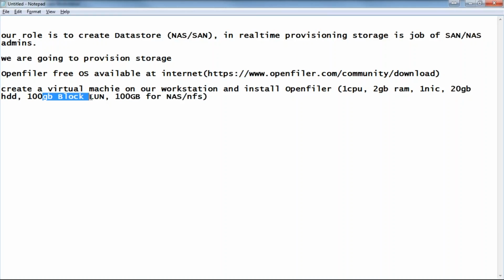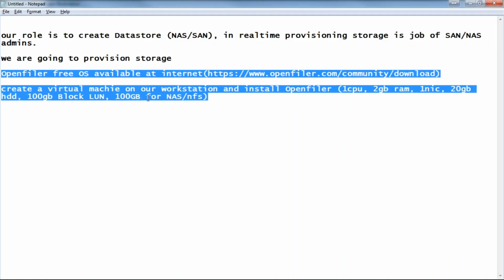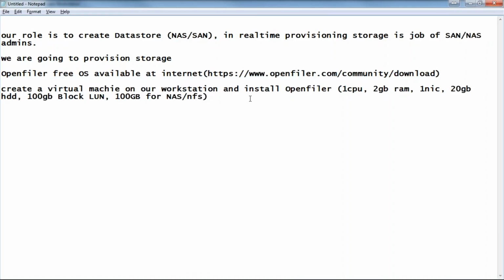So here you are going to create a VMFS data store, and here you are going to create an NFS data store. Guys, remember, these two steps you do not have to do. If it is a real-time enterprise environment, there is a dedicated team who will handle it, and definitely OpenFiler is not the software that companies will be using. It is altogether a different operating system, a different way.